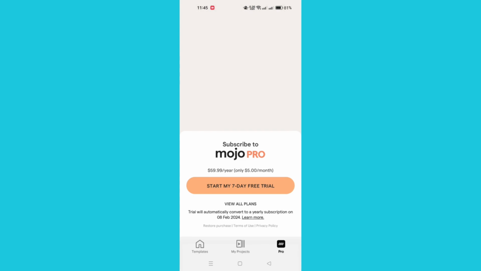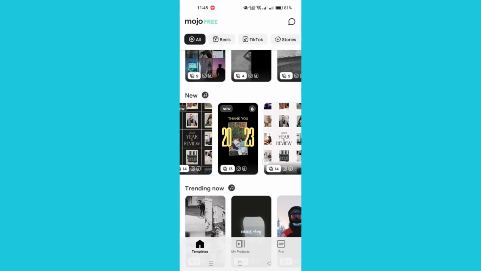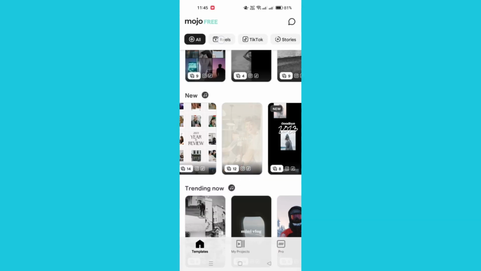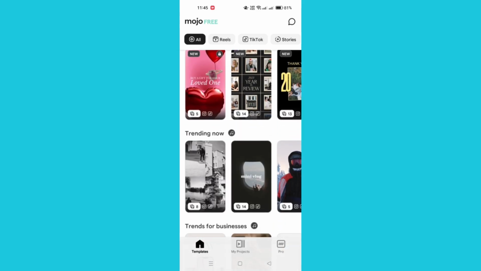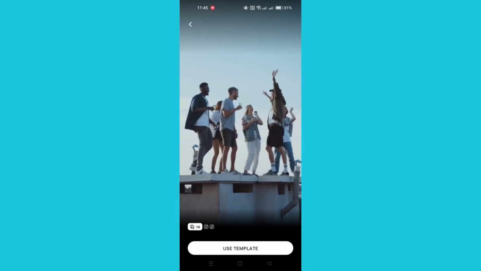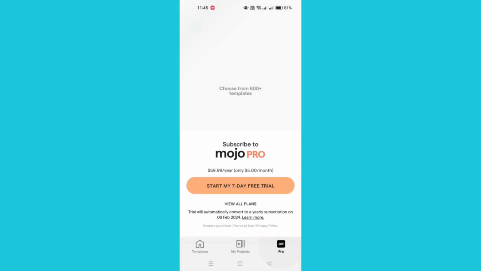The app has a decent selection of templates within its free tier, and the paid subscription offers more templates and more text animations. The paid subscription also gives you the ability to change the aspect ratio of videos to suit other media such as grid posts. Mojo is free to download on iOS and Android. Mojo Pro, its paid subscription service, costs $9.99 a month or